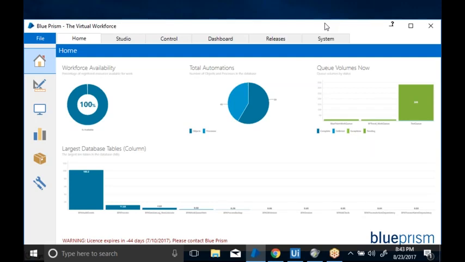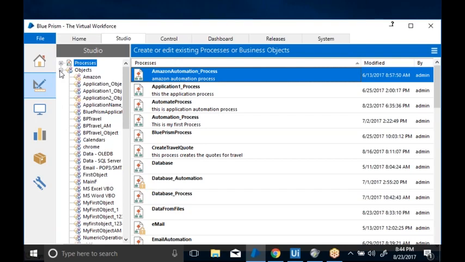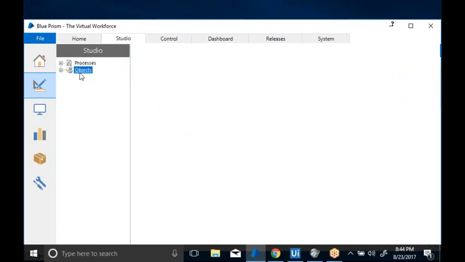When it comes to the Blue Prism tool, you have different features like Home, Studio, Control, Dashboard, Releases, and System. Each feature will be used during development, but the core development of the automation is done under Studio, where we have two options, called Process Studio and Object Studio.